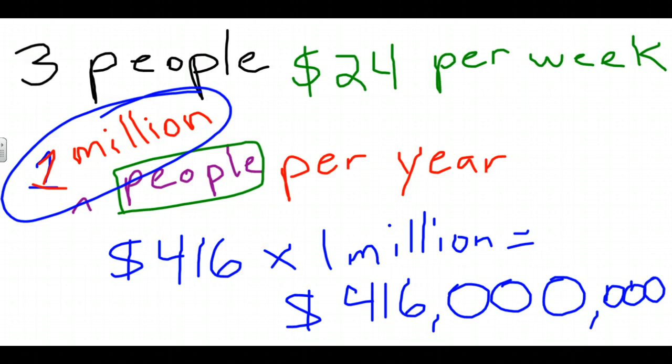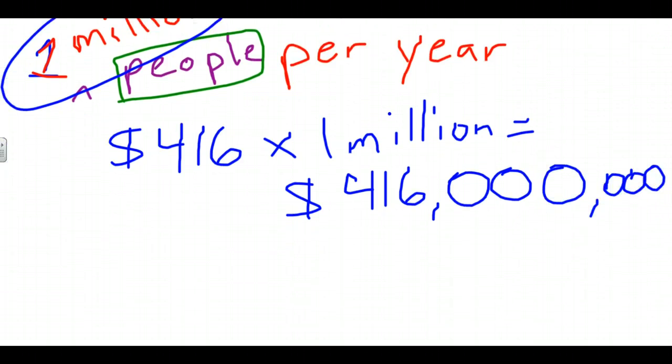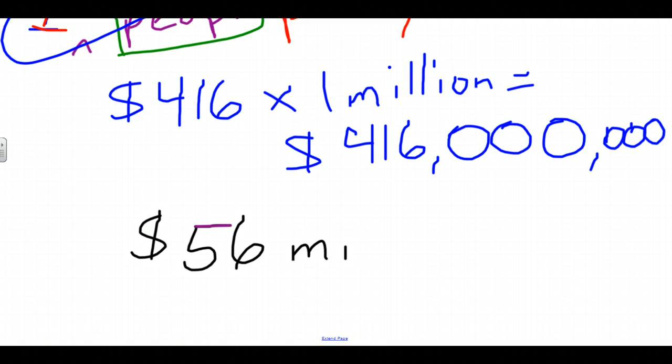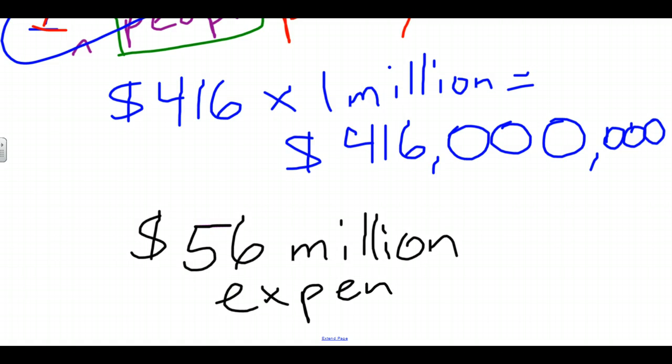to get to 1,000,000 people per year. So in our project here, remember that we have $56 million in expenses. I'm going to write this as just 56 million, as expenses that we have to take into account. The company may have made, in this example, $416 million, but they've already paid